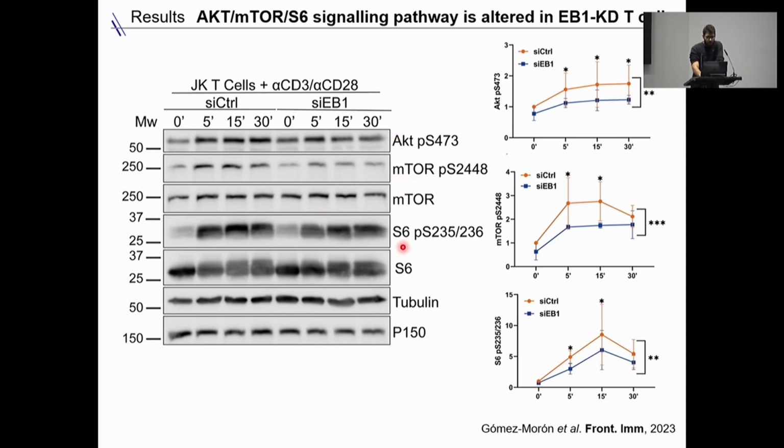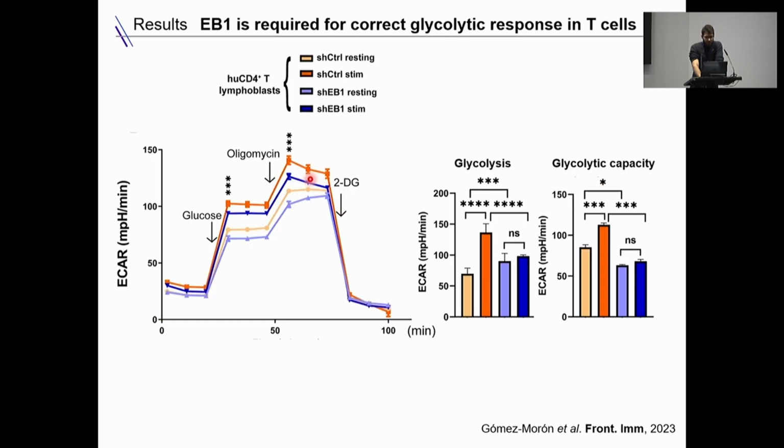And as we can see in these plots and in the quantification, we can see a decrease in the phosphorylation in AKT, mTOR, and S6. So, as I have said, this pathway regulates several processes, but in T cells it promotes glycolysis. So, we decided to study the glycolysis